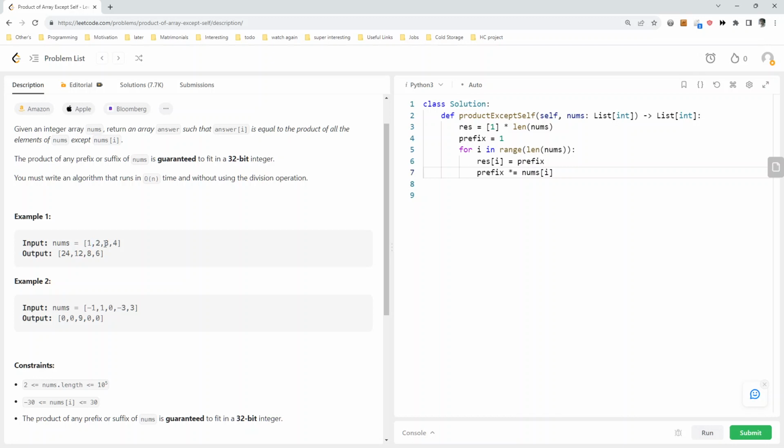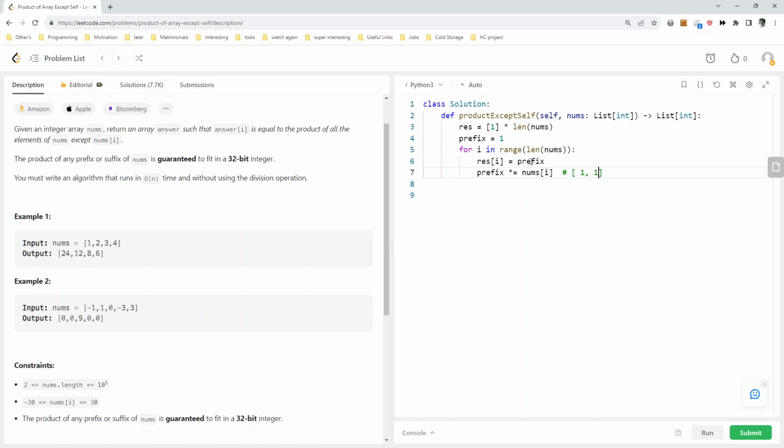We move to the next stop, which is the second one. So here we'll say the result should be equal to the prefix. So the prefix was 1. Let's just build it while we talk about it here. So the first one was 1. The second was 1 again. Why? Because the prefix was still 1. So resultant